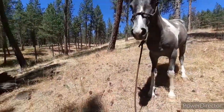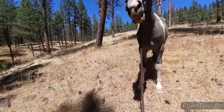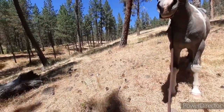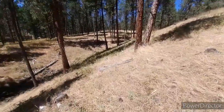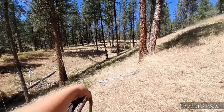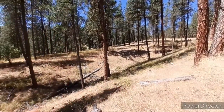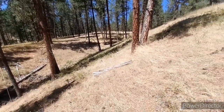There, I'll let her stop there. Good, good girl. Good. Now this is also going to help me because I'm out of shape. So right here, come on, not grass time. This is where we're going to go down. I'm going to try and stop her here where these weeds lead and go down that way. But we might just go straight down that way. I don't know yet. Okay, so